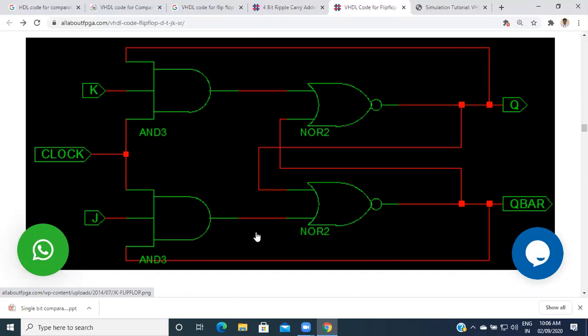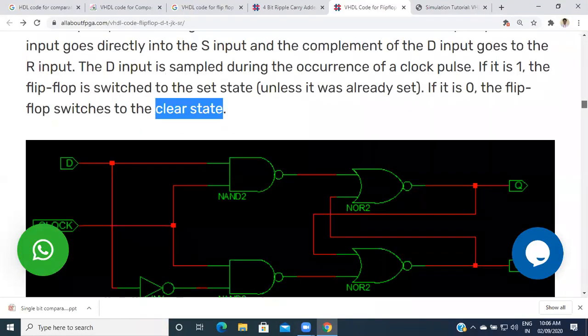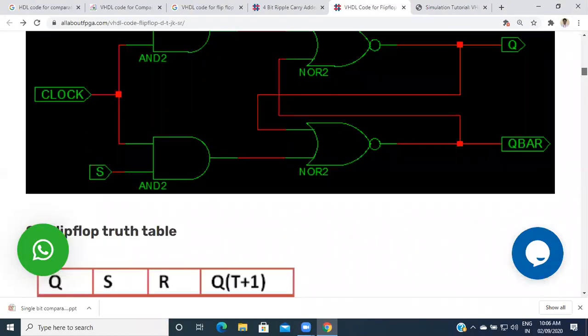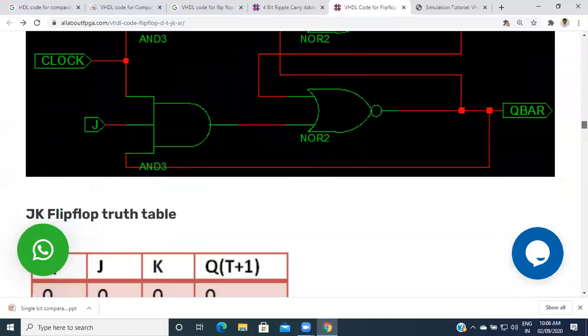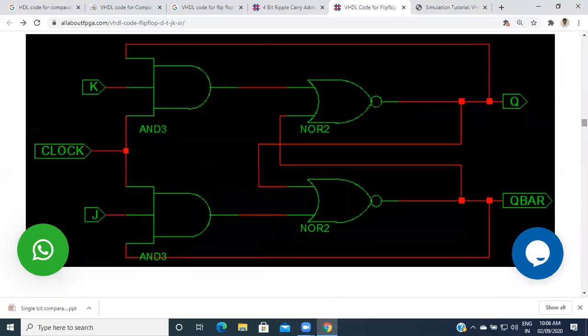But in the SR flip-flop, no output is provided to the back side, whereas in this one the output is provided as feedback.